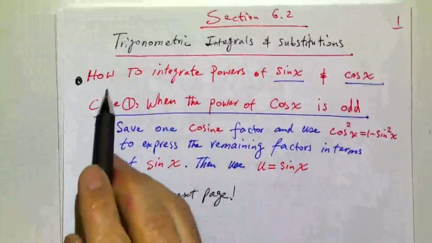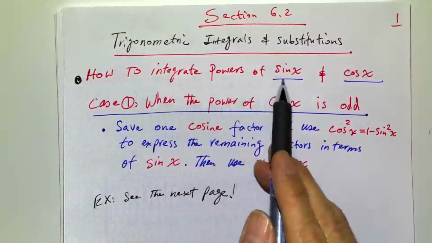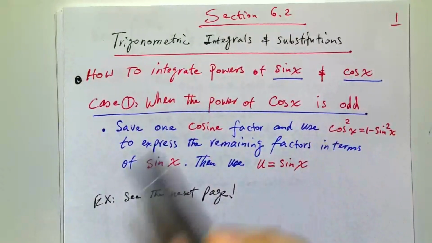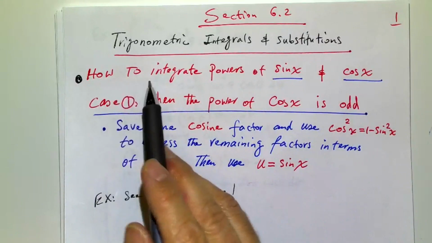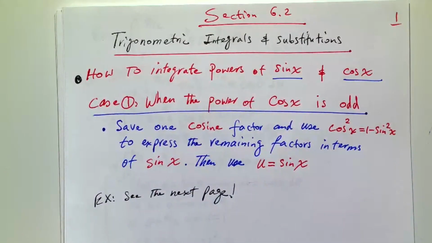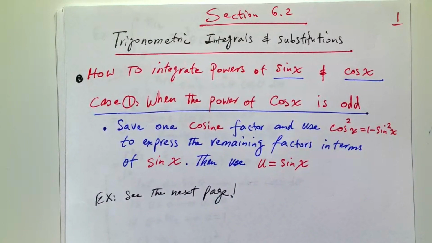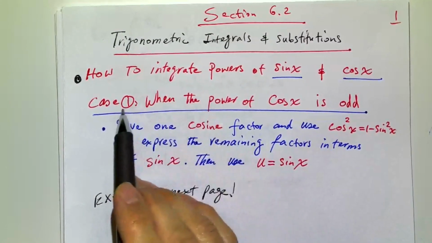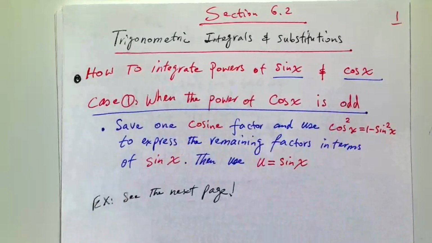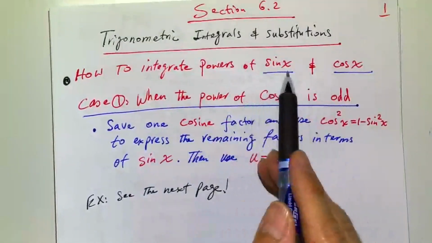All right, so that was case 1, of this scenario of how to integrate powers of sine x and cosine x. Later on, we get to how to integrate powers of tangent of x and secant x. But these are the cases relevant to this situation when we have powers of sine of x and cosine of x as factors. Okay, so case 2